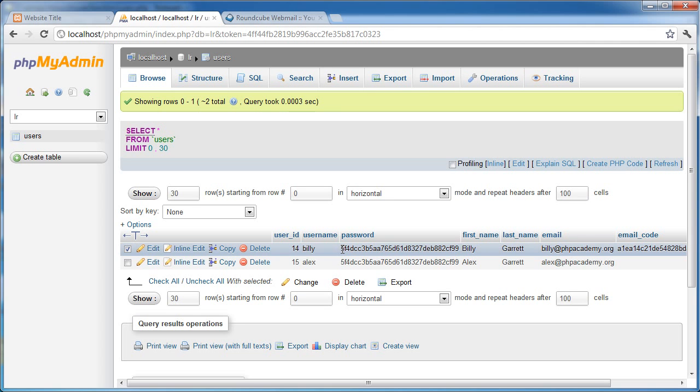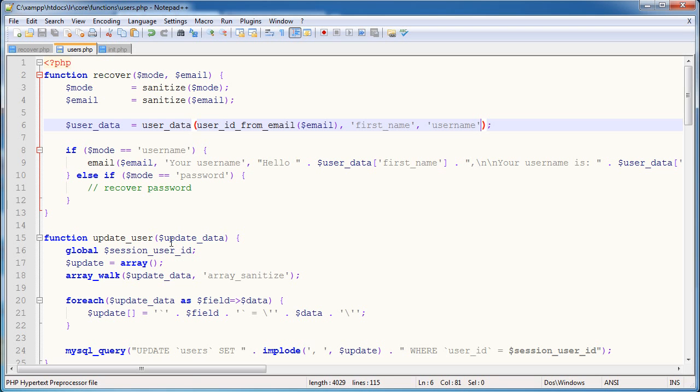So we need to do a few things here, but it's not actually that difficult. We're just being clever about things. So the first thing to do, in terms of this here, well, we don't really need to do anything because we've got if mode equals password, recover password. And in fact, the first thing I'm going to do is generate a new password for the user. Now I'm not really going to be creative here. I'm basically just going to use not a clever trick, but just a couple of things just to generate a